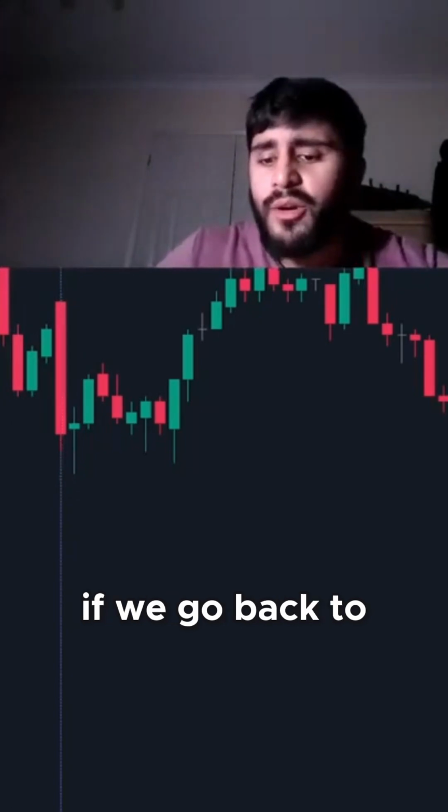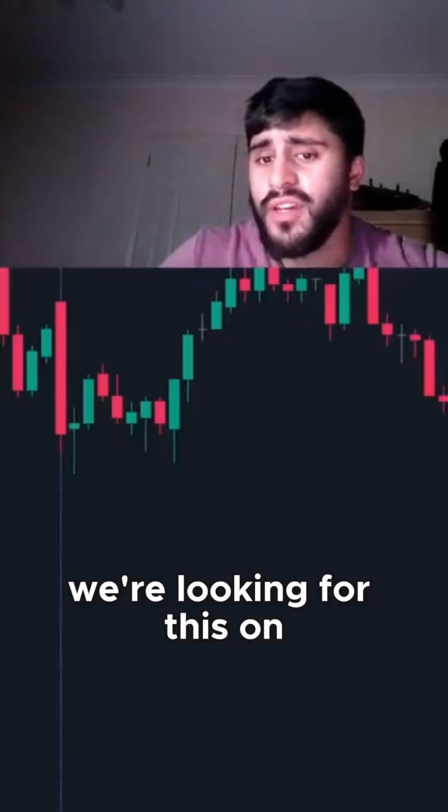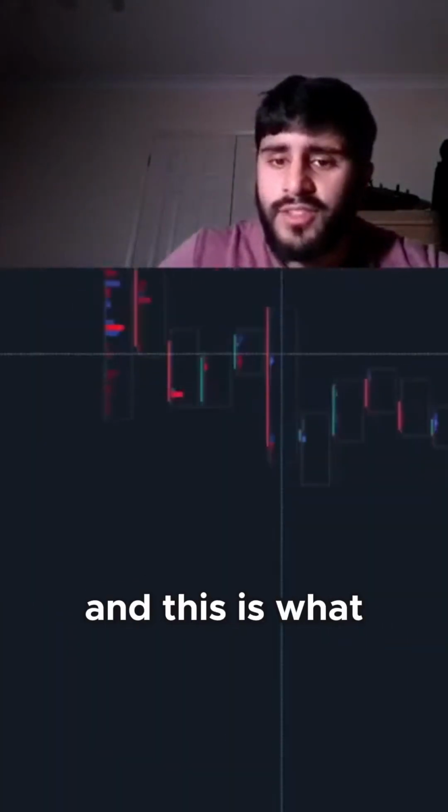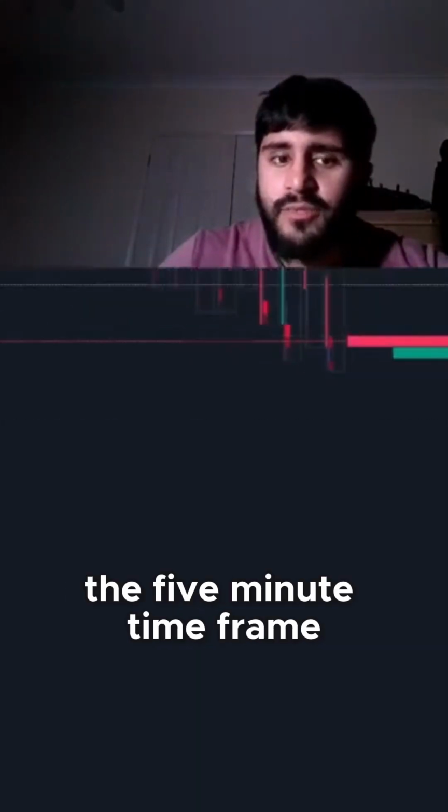So if we go back to the previous slide quickly, right, what we're looking for is the ask minus the bid. So we're looking for this on the footprint chart. And this is what the footprint chart really entails, right? So let's break this down in some detail. If we head down now to the 5-minute time frame,